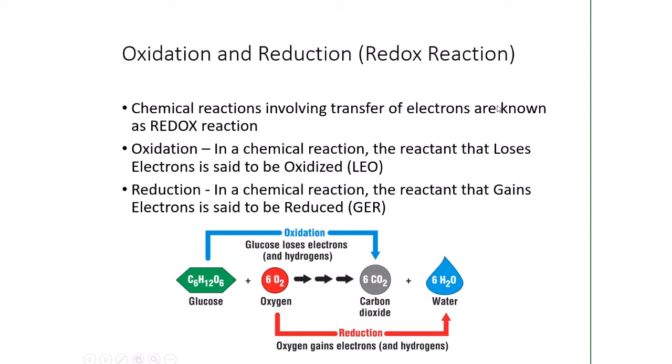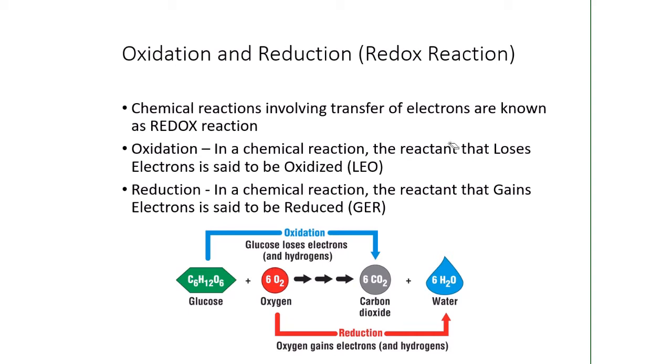The cellular respiration reaction is actually classified as a redox reaction. In a redox reaction, there are 2 reactions going on: there is the oxidation reaction, and there is a reduction reaction. Oxidation occurs when a reactant, like the ingredients, which in a chemical reaction are shown on the left side of the equation,